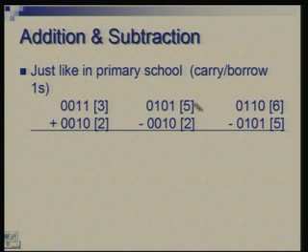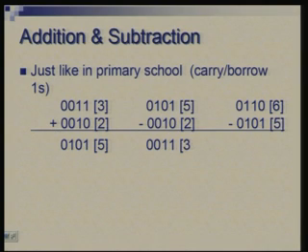So, let us look at a few examples. This is adding positive 3 and positive 2, adding 5, subtracting 2 from 5, subtracting 5 from 6. So, you get 5 in the first case, and as you would expect 3 in the second case. Of course, now this is showing as if bits are generated from left to right, but when you work it out, you actually have to work from right to left, because carry or borrow will flow from right to left.